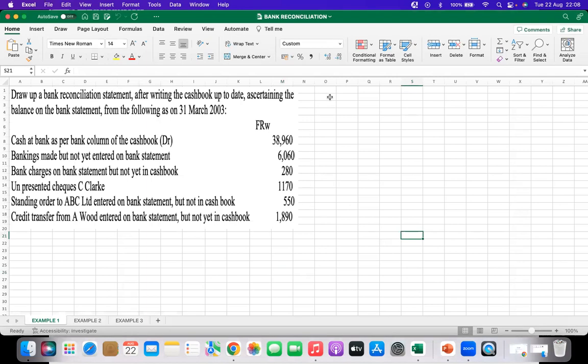So remember, when we are solving this question, in our solution, there are 2 statements that we will be preparing. Number 1, we'll be preparing what we call adjusted cash book. And number 2 will also be, once we have prepared our adjusted cash book,